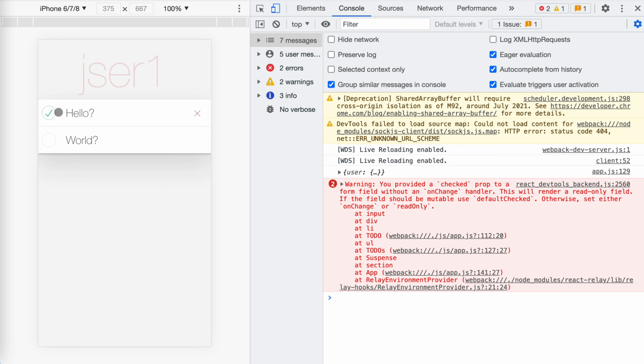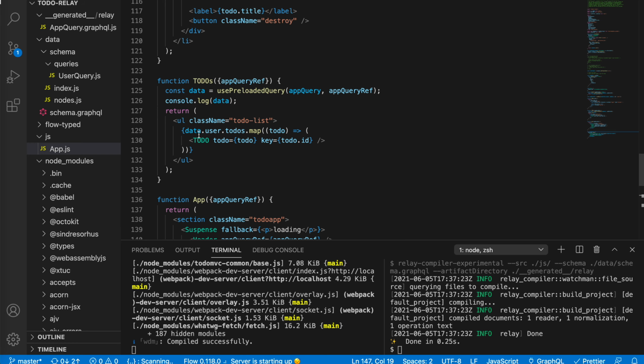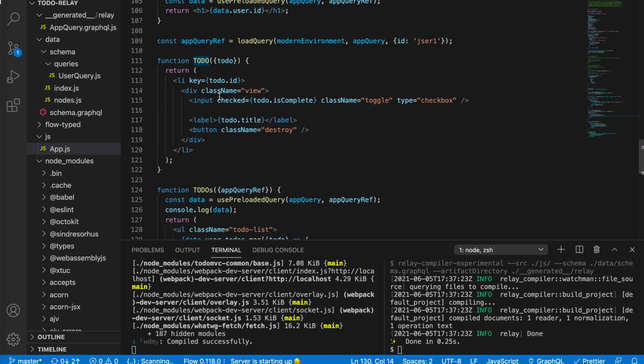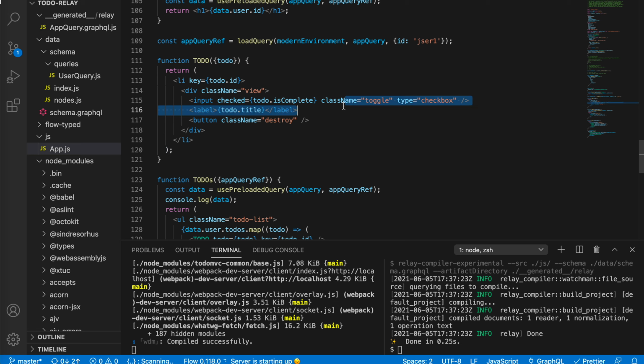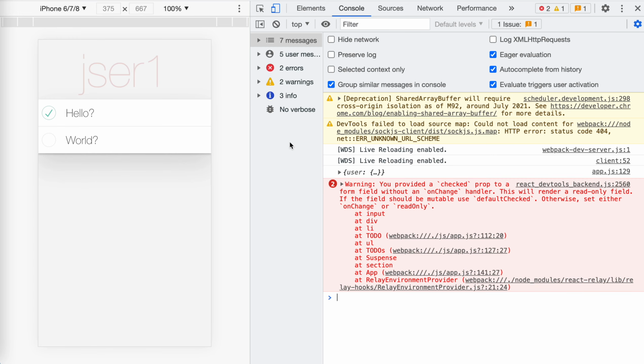Also, we have this interaction, but because checked props to form without onChange, because we don't have any interaction yet, we just render them. So to-dos, to-do, for each to-do checked, to-do is complete, and toggle. Yeah, sure. The problem now, we will cover the mutation in the following episode. So yeah, that's it. We've added the to-dos and rendered them on the UI, but here's the problem we must